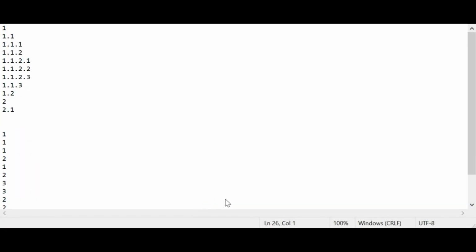I'll be explaining problem G, compression and expansion. We are given a nested list. We initially had a nested list, and now somehow we only remember the last character of each element. In the input, we are given those last characters, and we have to construct the original list using that. I'll explain this using an example. This was our initial list, and these are the numbers which are left to us.